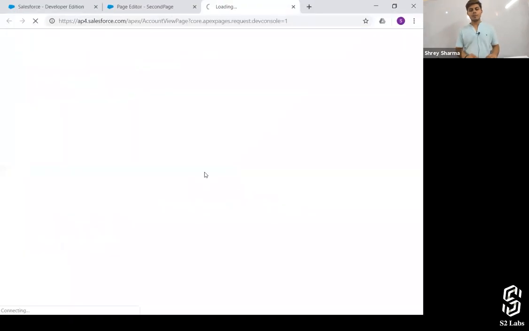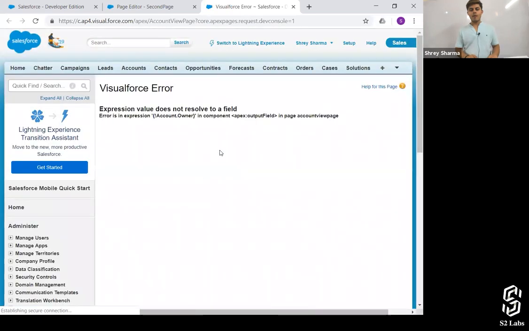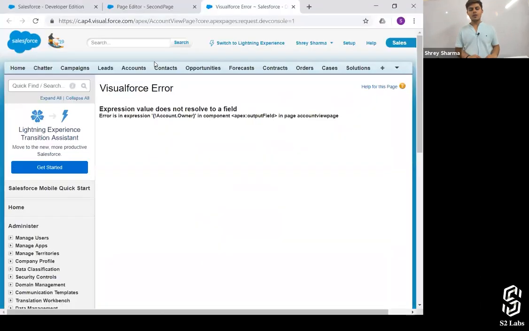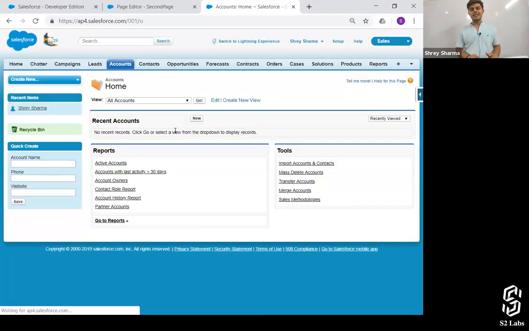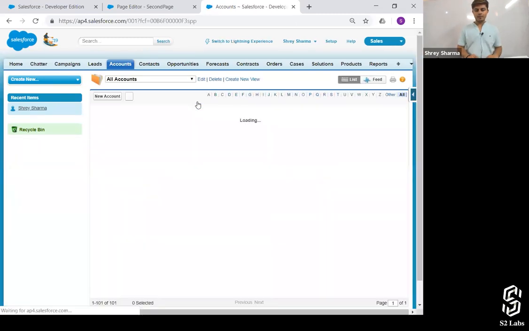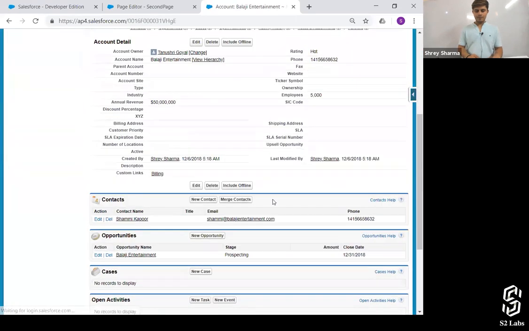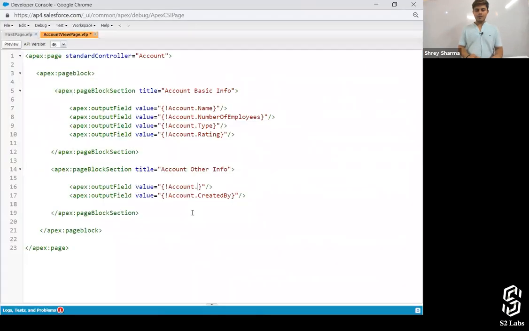Let's have a look at this particular page. What are the fields we've got on an account? Owner is basically a user. I need to show the owner ID dot name and stuff like that. I'm not willing to do that right now because it will make it a little complex. Annual revenue, let's